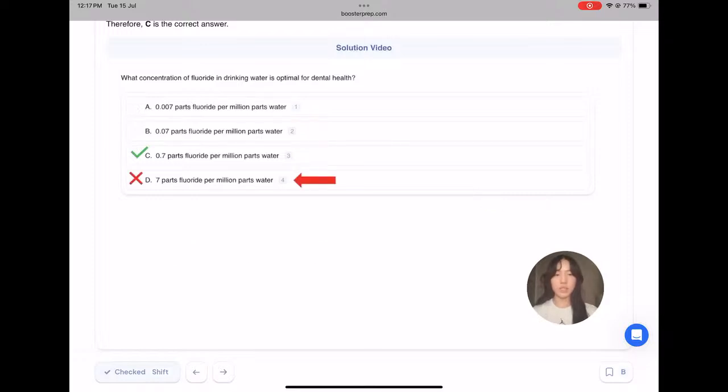Looking at our other option, D reads 7 parts of fluoride per million parts of water, and this answer is incorrect. Although we would be getting higher levels of fluoride, which can help with the reduction of tooth decay, it would likely flip the balance and we would have higher rates of fluorosis and not provide as many benefits as we would hope. Options A and B are also incorrect. They read 0.007 and 0.07 parts per million respectively, and these levels of fluoride would likely be too